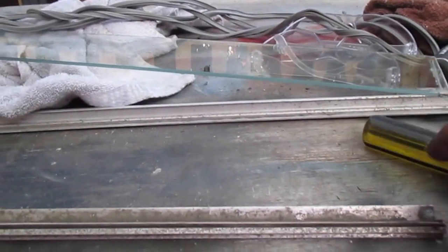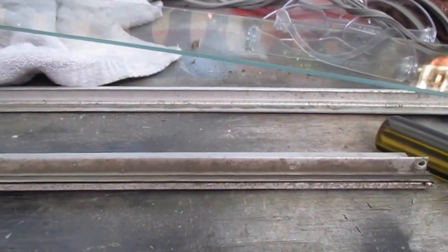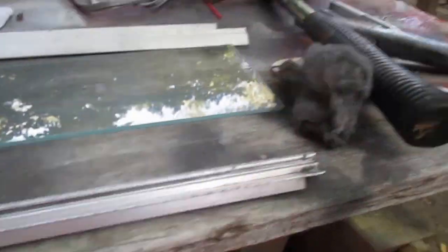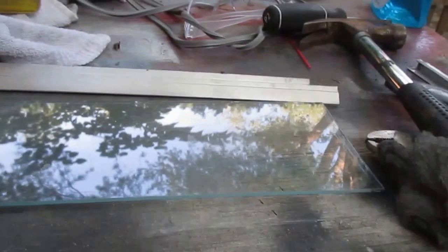I wasn't sure if I was going to replace all the rubber when I did the last one, but once you've got it apart, the money is a lot less than the effort of taking the thing apart, so do all the rubber. Alright, second window frame is cleaned up, little steel wool on the edges of the glass itself,